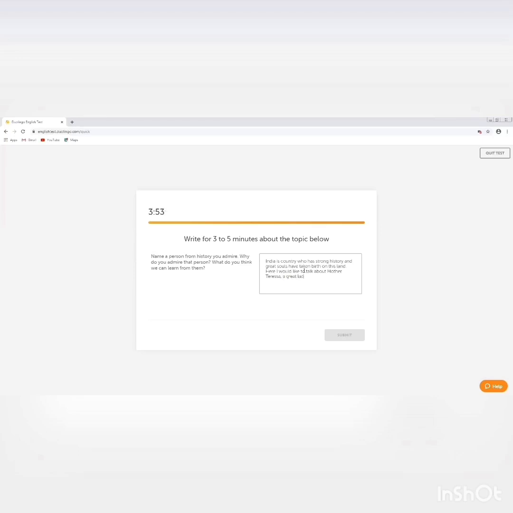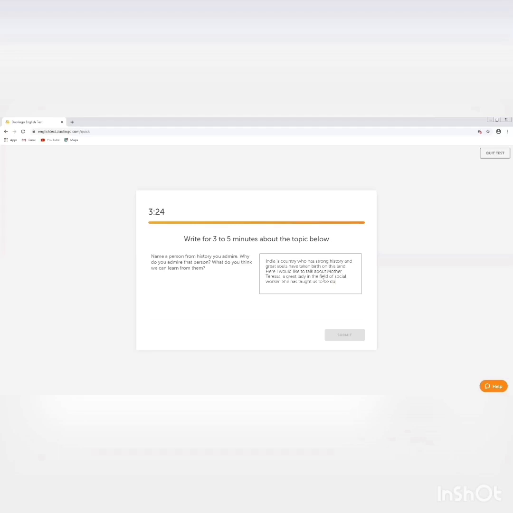So as I'm writing my essay, in the meanwhile I would like to mention a few points, that as I have mentioned earlier, this exam is accepted by the majority of the Canadian institutes, colleges, universities. So the score requirement for admission is between 110 to 115. So please make sure that you score this much of marks, and the score is out of 160.